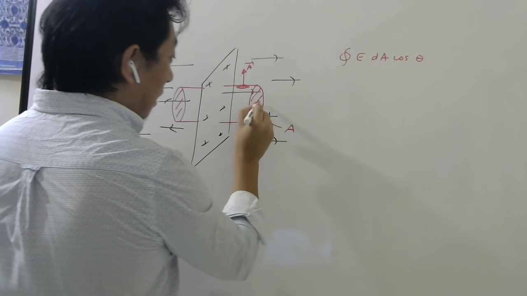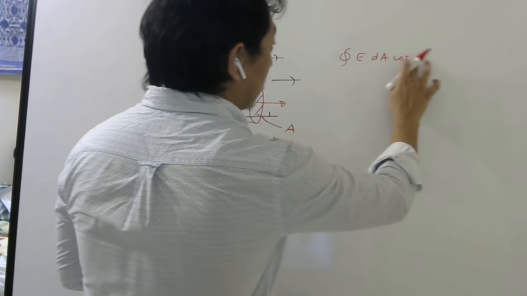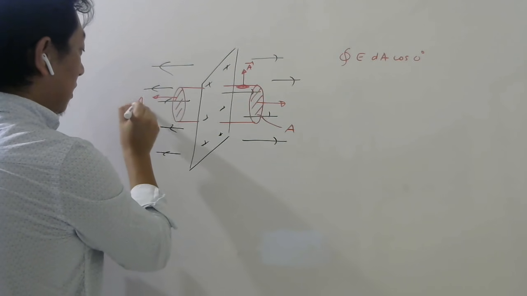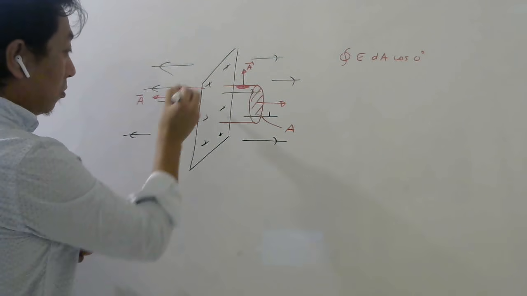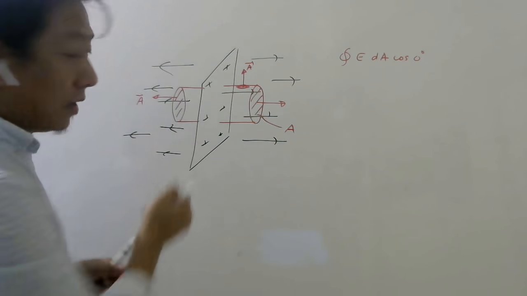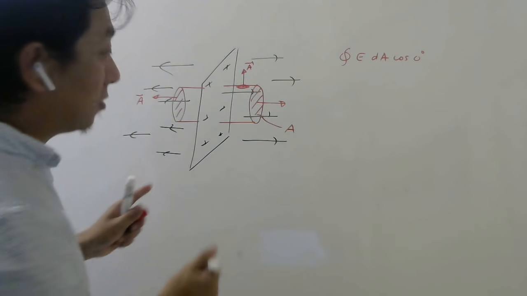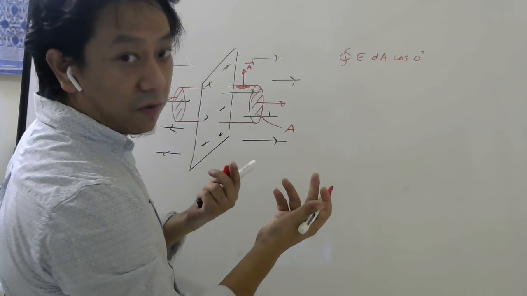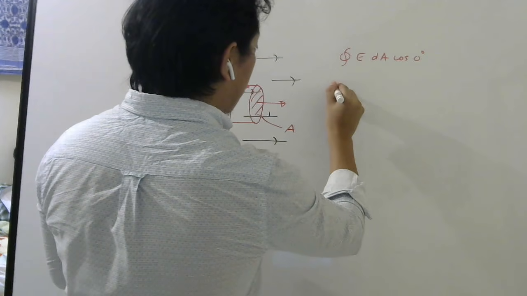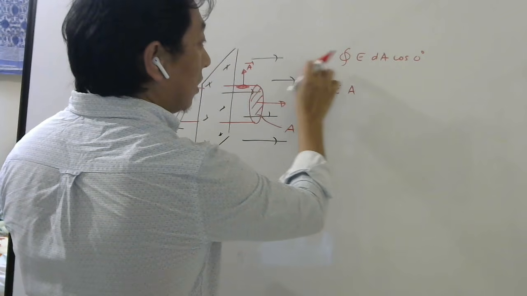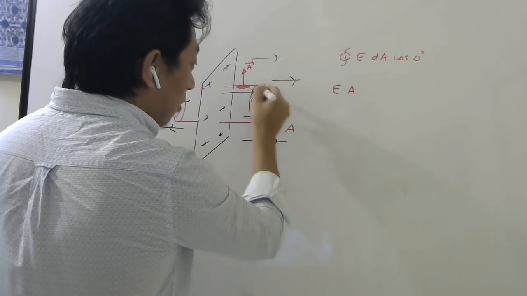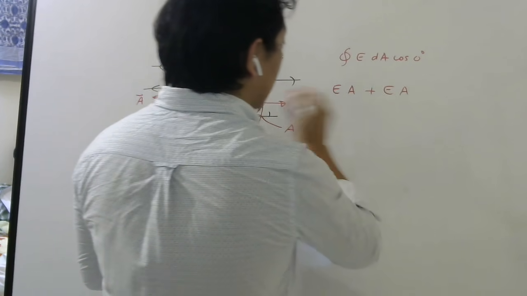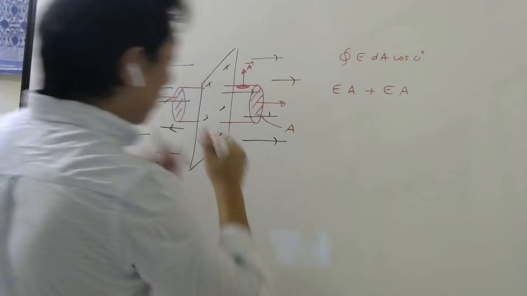For this part, the area vector will be here and the electric field is also here, so theta will be 0. For this part also, the area vector is here, perpendicular to the surface, and you have to draw it outward. Electric field is also here. For the curved part, cos is 90 degrees, so if you do this integration for the whole cylinder, the curved surface will not give you anything. For this flat surface, what will you get? E into A, because E will come out. Integration of dA will give you the total area of this part. Then if you do it for this part, again you will get one more E into A. So that will be your total flux through this cylinder.